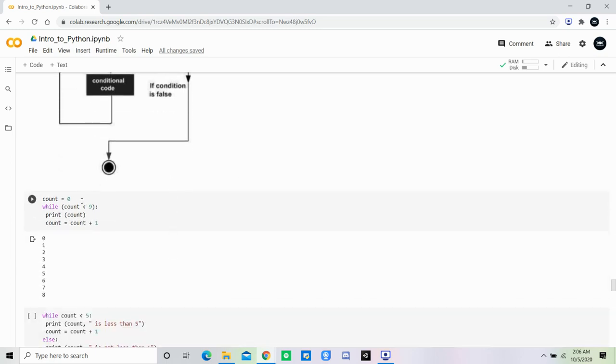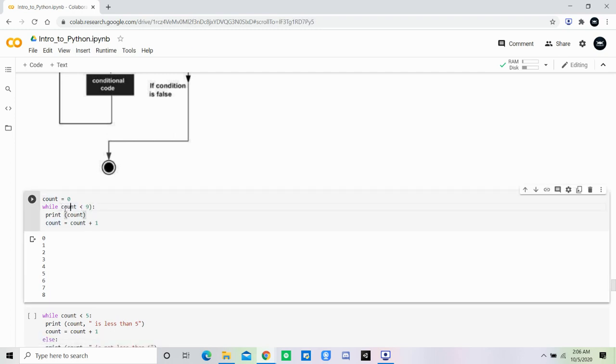Now let's see, we have initialized count equal to 0, and we'll print the count till it is less than 9. So I provided a while loop, then a condition. You can add braces or go without braces, it's up to you, but in the function you need to provide them. Okay, now let's see, it has run. Count value 0, print count. Inside the loop it will check if count is less than 9. So it will check 0 is less than 9, it is, so it will print this. Then it will